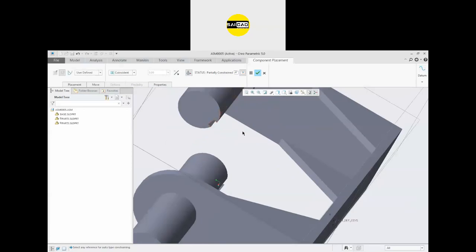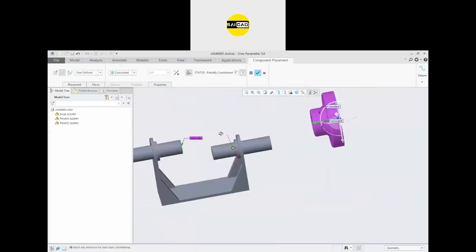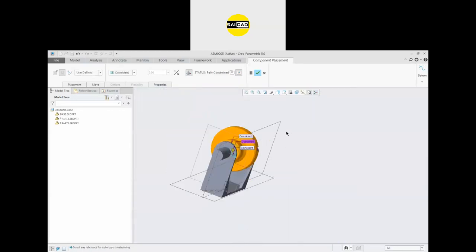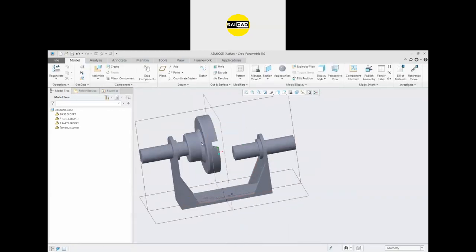Both should be coincident, and after that this face should be connected to this one. So here is the relation. You can see that if we drag the component, it can be rotated.